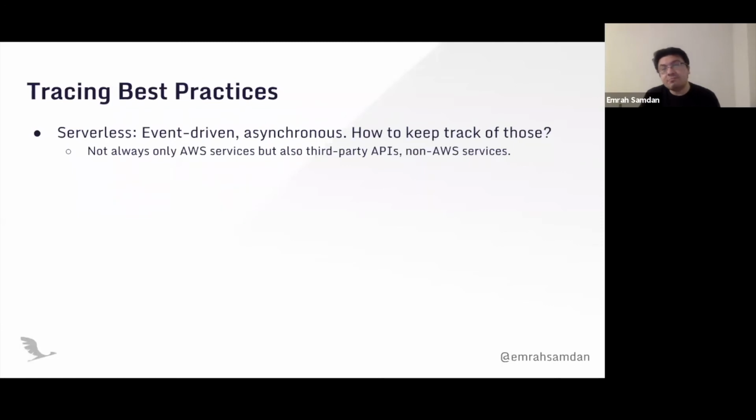And your architectures, most of the time, can talk with third-party APIs. Let's say it sends an email, sends an SMS through Twilio, gets the authentication through Auth0, or gets some image from Google, whatever it is. It can also use some non-AWS services such as a Redis cache or a non-AWS SQL table through Postgres. Such things can happen.